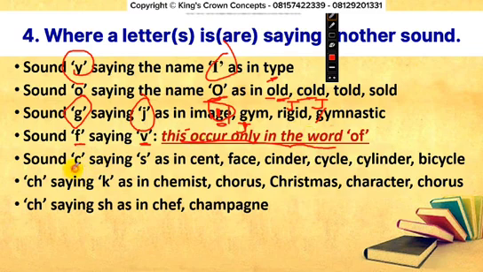Sound k, saying sound s, as in silent, scent, face, cinder, cycle, cylinder, bicycle. We have ch, saying k, as in chemist, chorus, Christmas, character. We also have ch, saying sh,